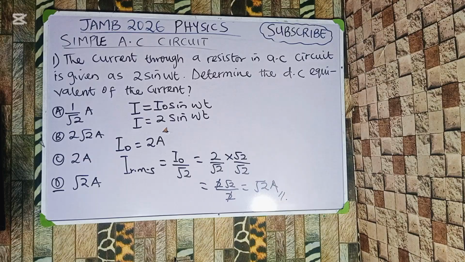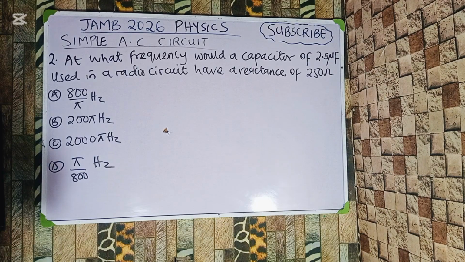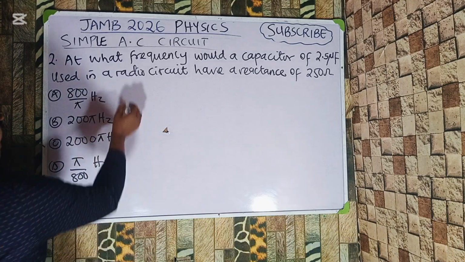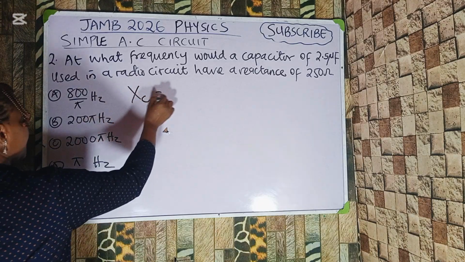Let's go to the next one. At what frequency would a capacitor of 2.5 microfarad used in a radio circuit have a reactance of 250 ohms? And we have the following options. Now you will ask yourself, what is the reactance of a capacitor? Reactance of a capacitor XC is given as